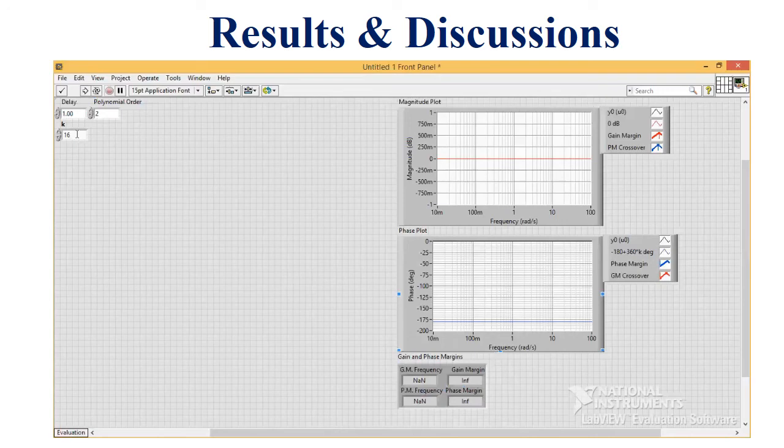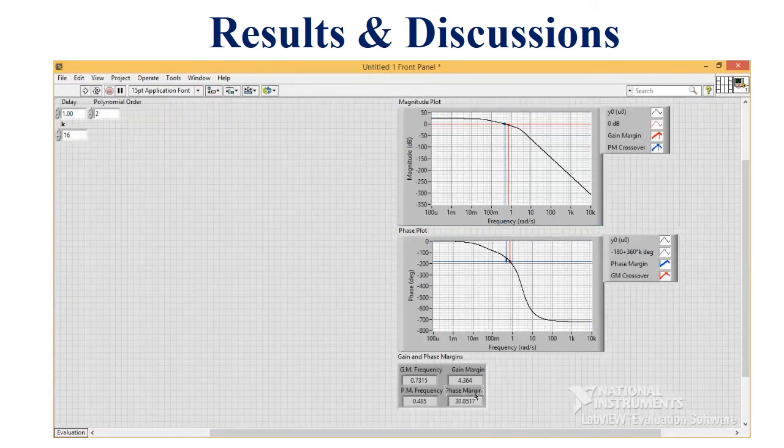So I will write down the K value at the K input by trial and error approach, and then finally I will achieve the phase margin of 30. And further I have the magnitude plot and phase plot of the liquid level control system, and I have the gain margin frequency, the phase margin frequency, and the gain margin and phase margin of the system. So at phase margin 30, I will achieve the accurate liquid level of the tank.